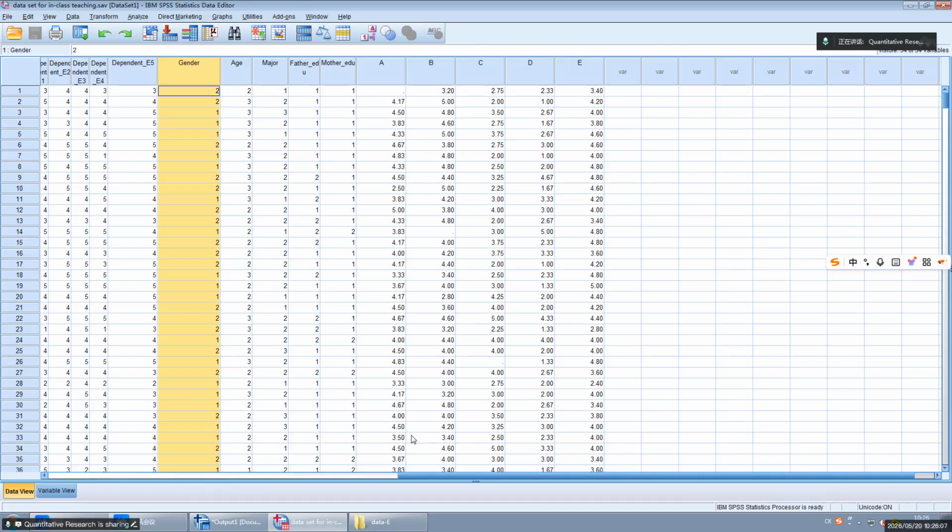For this person here, because it's female, in the dummy for male, it will be 0. In the dummy variable for female, it will be 1. So in this way, we can create the nominal scale into dummy variables.